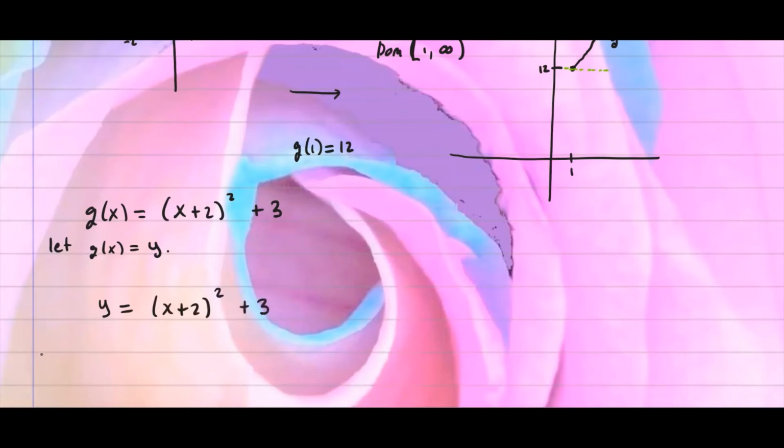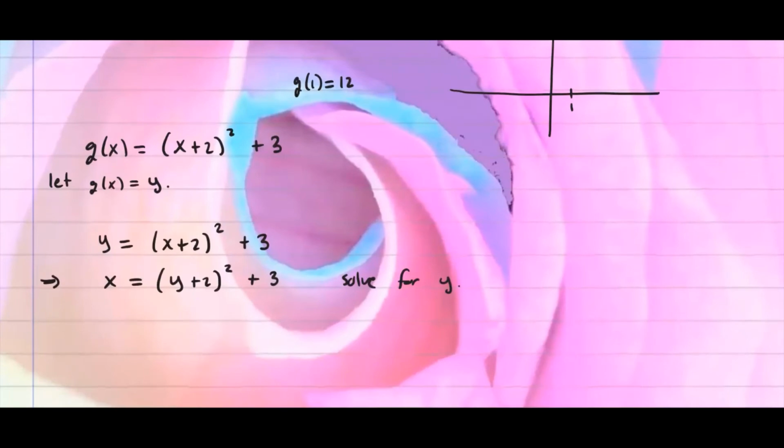And after this, you interchange x and y. So y becomes x and x becomes y. So we have x is equal to (y plus 2) squared plus 3. And from here, we're going to solve for y. So let's go ahead and do that. So I'm going to go ahead and subtract 3 first from both sides. That gives me x minus 3 is equal to